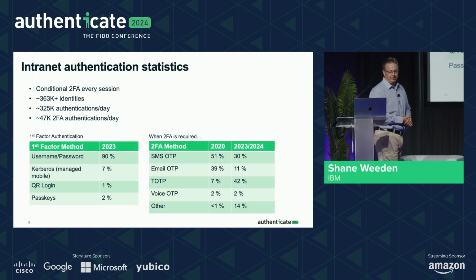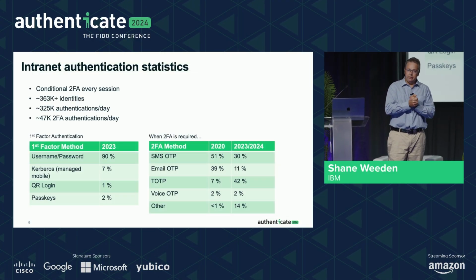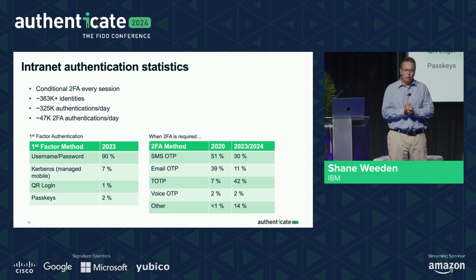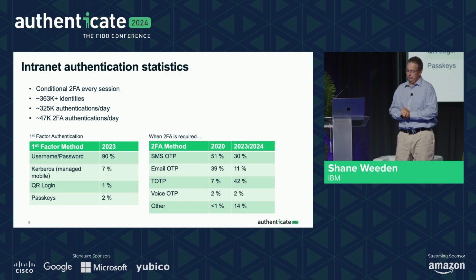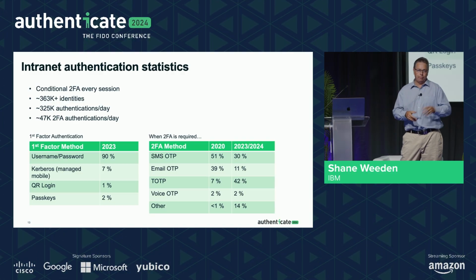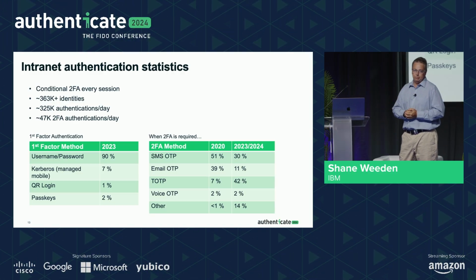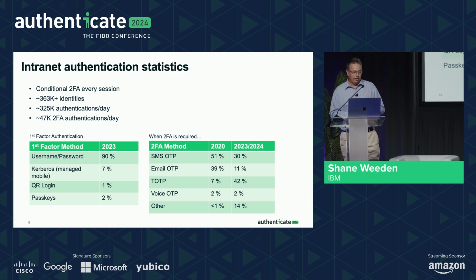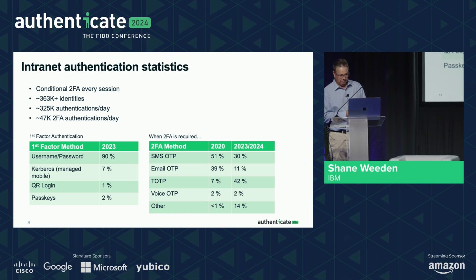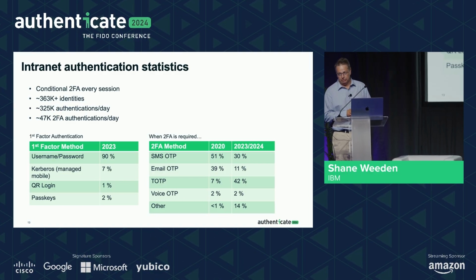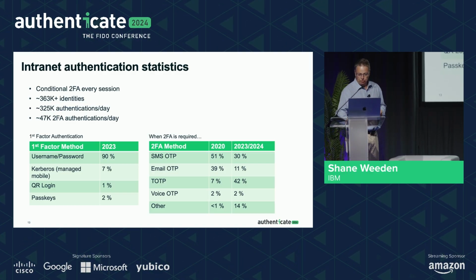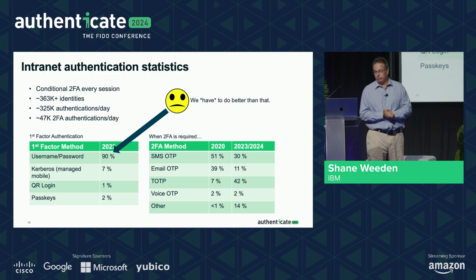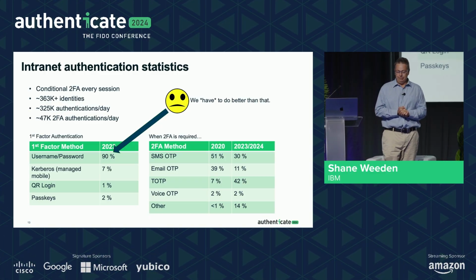Okay, a little bit of stats, right? We do have conditional MFA in our environment. We optimize it out in most authentications. If I open an incognito window or a browser I haven't used for ages, I might get interrupted with additional MFA, but it's rare. There are, however, some glaringly poor things that you will see on this chart, and I draw your attention to this one, which is that 90% of our users are still using username and password, okay?